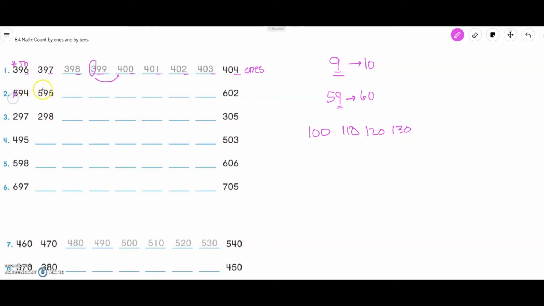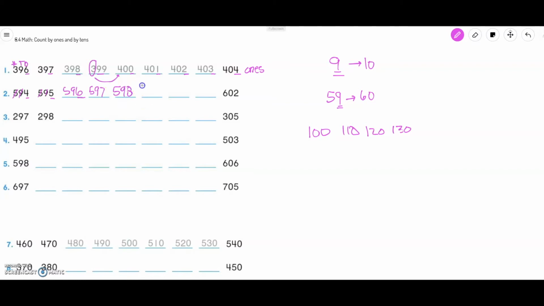So my 5 is the same, my 9 is the same, and so you guessed it, I'm only going up by 1. So I copy 590, and what's the next number after 5? 6. I'm just counting on like 4, 5, 6, right? And then I keep going because I'm not at my 9 yet. 590, what comes after 6? 7. And keep going,